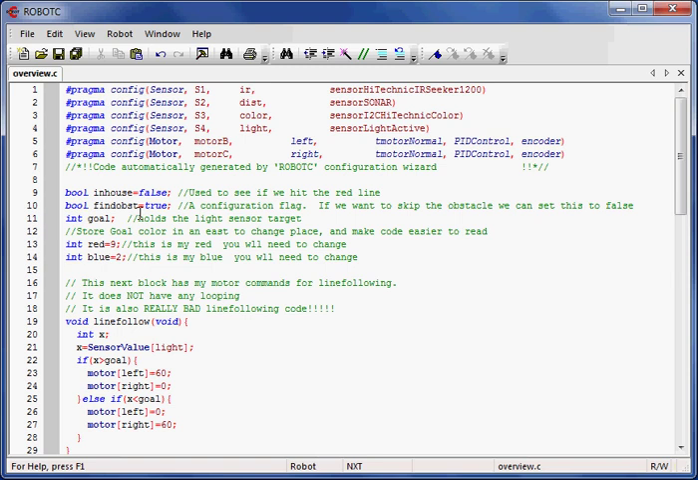So what I've done is I have this little variable here, set it to true normally, and I just take the obstacle code and the first bit of line following, wrap it in an if statement, and now when I want to make a change, I'm making it in exactly one place. It's a very clear change, very easy to do. Goal holds my light sensor target, and I've hard-coded the colors that I'm interested in,